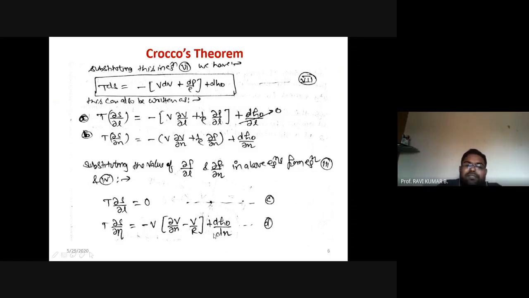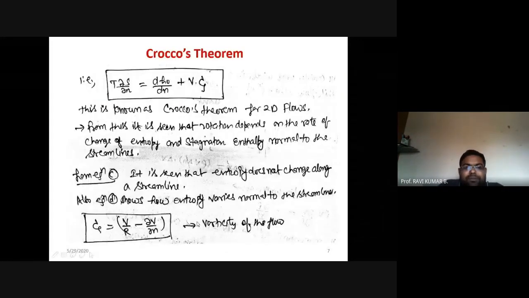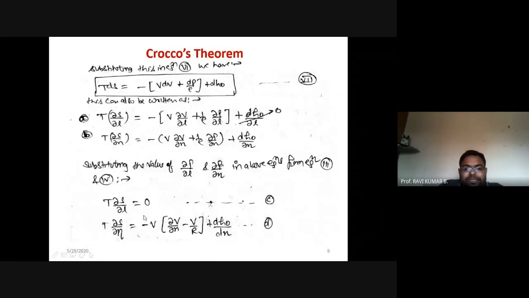This change in velocity in the perpendicular direction is coming due to the vorticity. So a change in velocity in the perpendicular direction will induce some sort of rotation in the domain. So rotation will convert into the vorticity. So this is another form of vorticity. So yes, we can write the same equation, because the first term is almost zero, so entropy is constant along the flow direction. But in the perpendicular direction, I am getting some change in entropy.